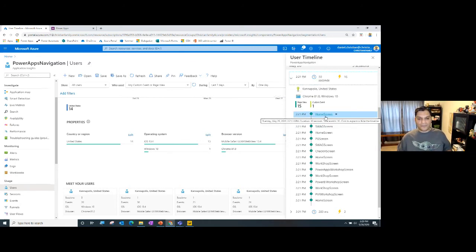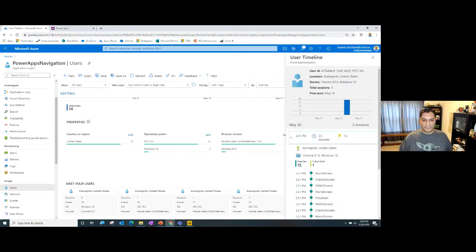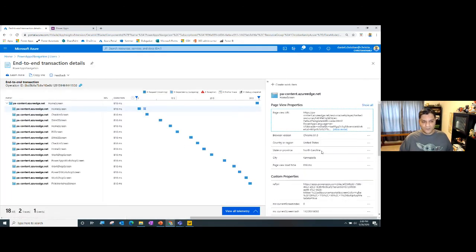And in that app, this is how many times, I mean, this was the flow that the person did in that app. So it's basically saying that the person was in the home screen, went to the check-in screen, went into the swag screen, so on and so forth. And all in all, the person stayed in this app for a total of 30 seconds over here. And I can click on it too. And in clicking on it, it gives me a little bit more information, right down to the actual breakdown of how all the content was coming from the back end Azure, how it was talking to the app in the back end over there. It's going down to that detail level.